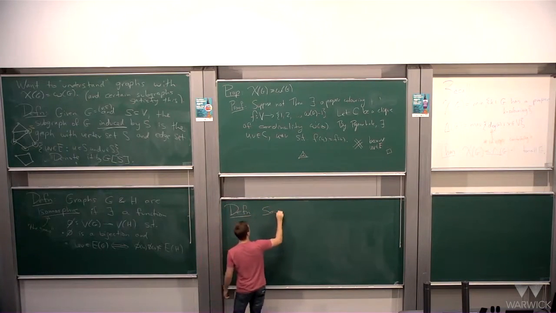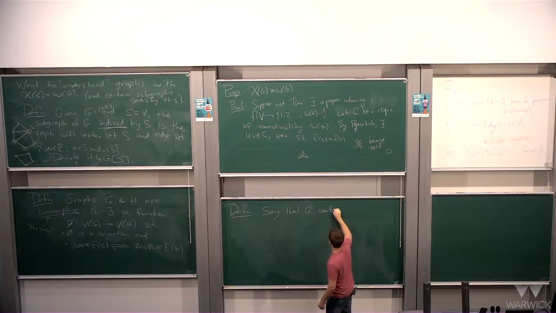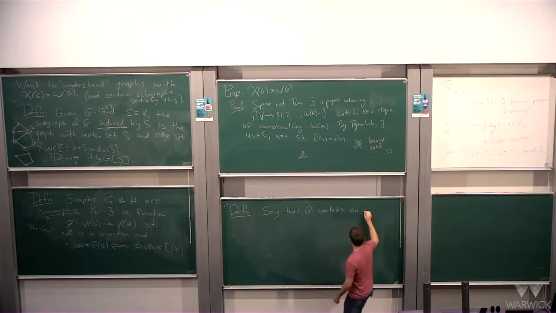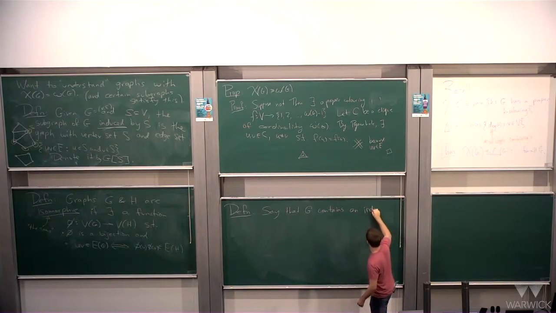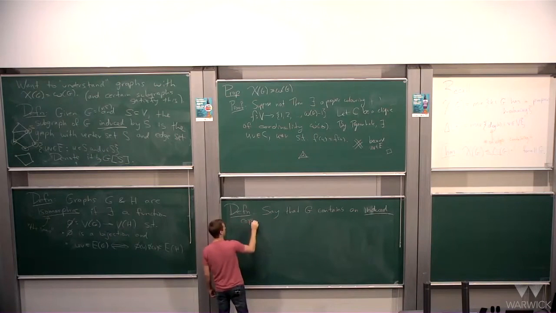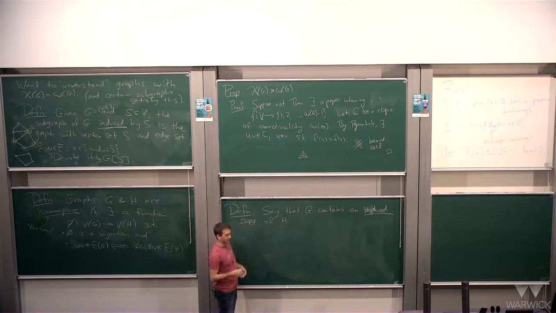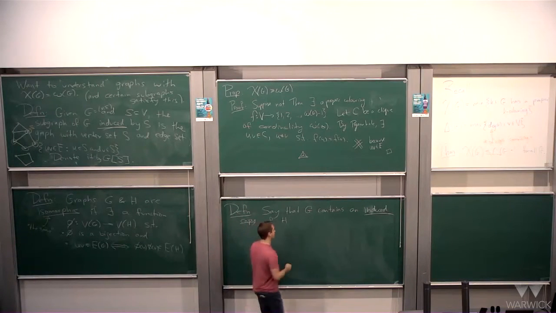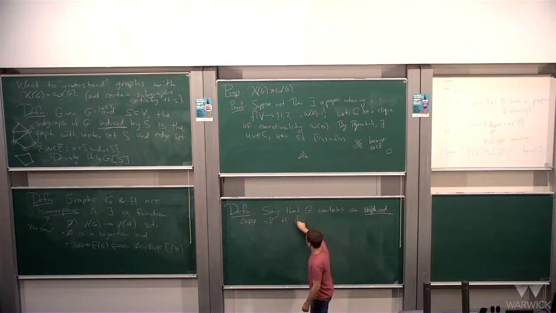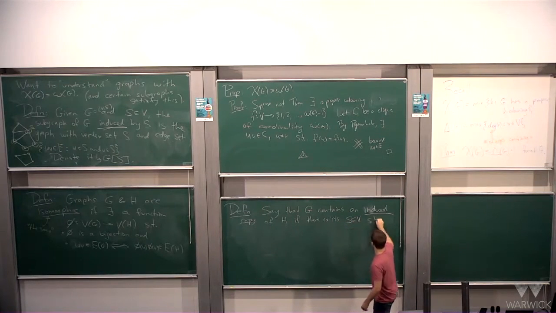So say that a graph G contains an induced copy of H, or contains H as an induced subgraph. There's various different ways of saying this, but if there exists a subset of the vertex set such that